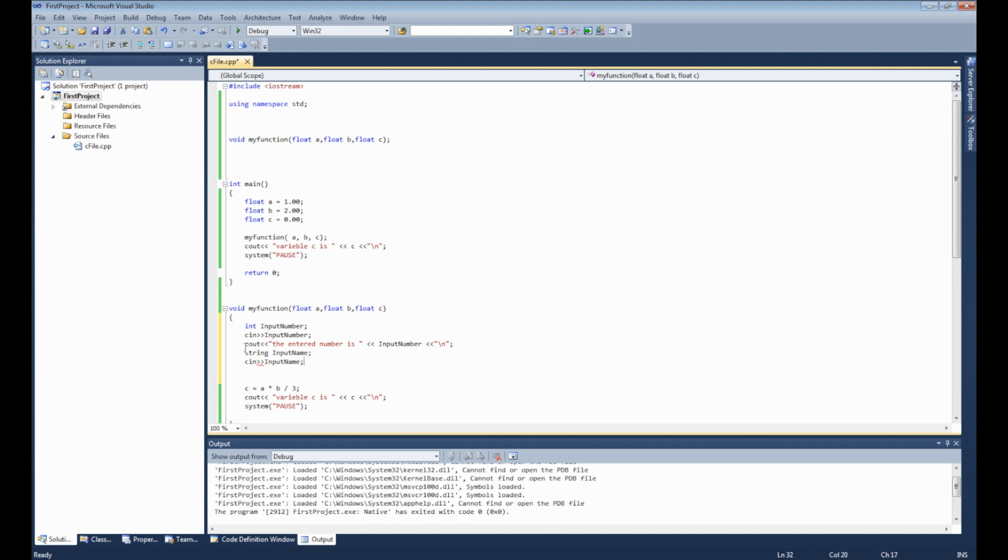And let's have cout now. It's name is, we have an error here which